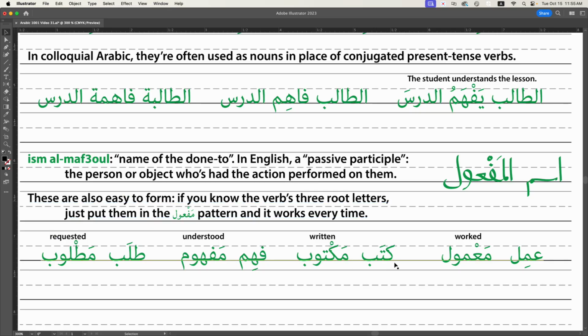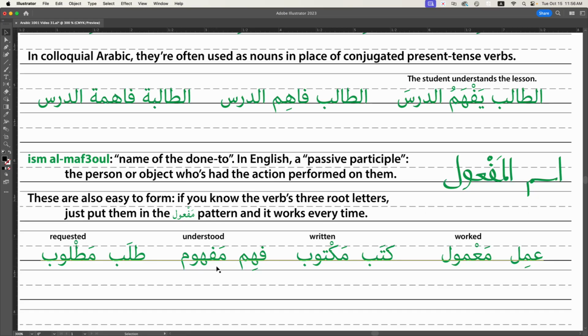So a lot of times these will have more idiomatic meanings than the literal meanings, and you just kind of have to get used to them. So yes, ma'mul means something that has been worked, but a lot of times it means stuffed in the context of a dessert, like a dessert with filling. Why it's called that, I don't know, it's just traditional. Maktub literally means written. You could say like the words that are written on this digital page. But it also means your fate, your destiny, like God has written things about you and that's what's doomed to happen. Mafhum means understood, but